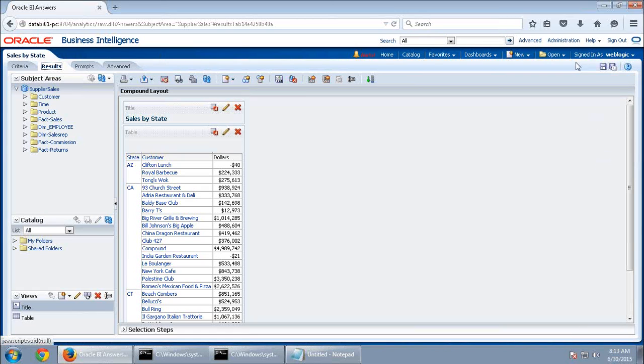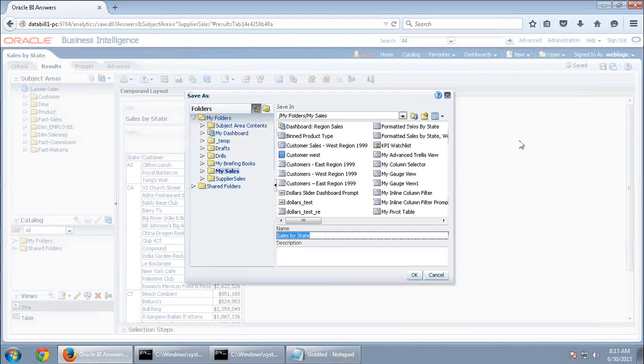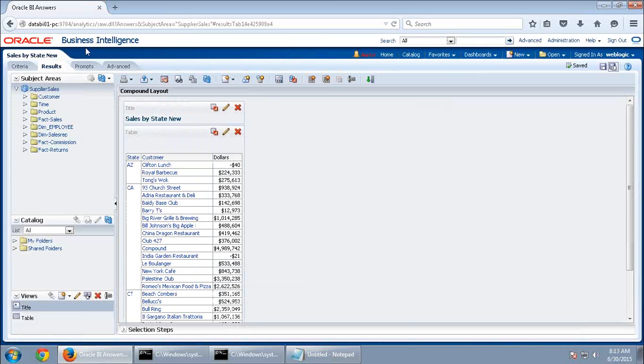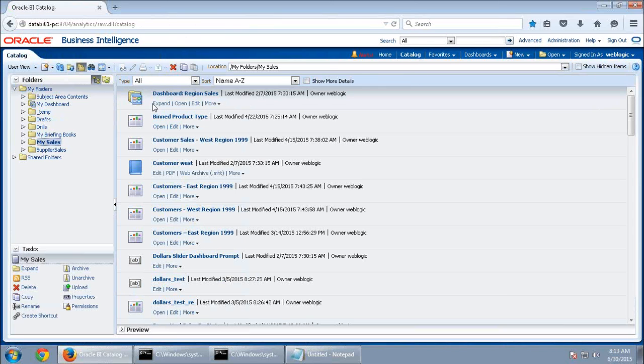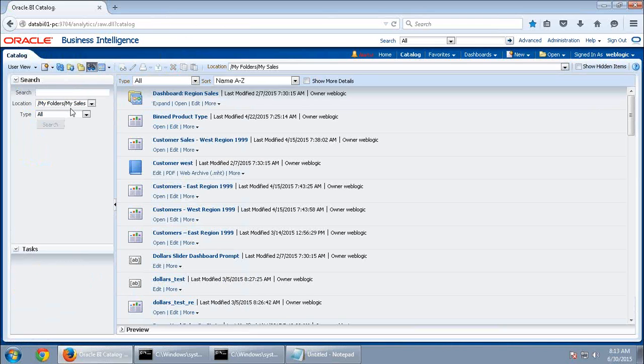And if you want to save your work, just click on save button. If you click on save as, it will ask you to give one more analysis name. Now if I give sales by state new, sales by state as well as sales by state new will be there. Now go to catalog and just look out for this name. Under my sales I saved this, right? So just search for my folders, my sales,